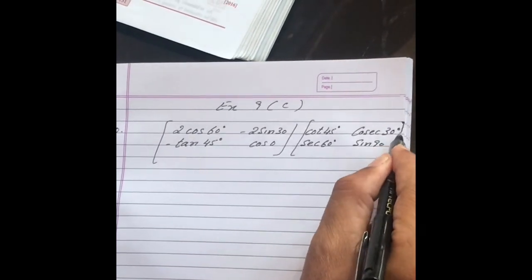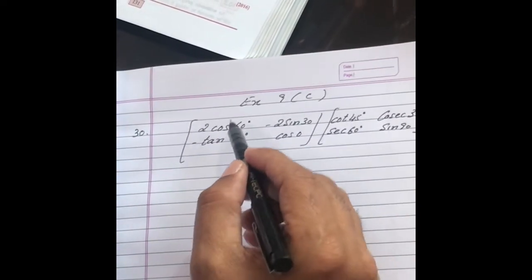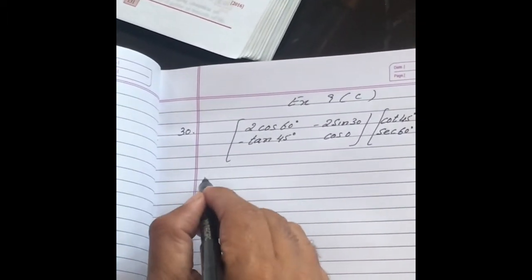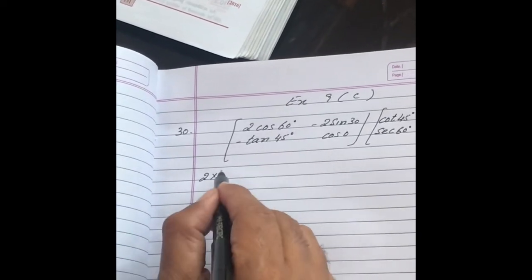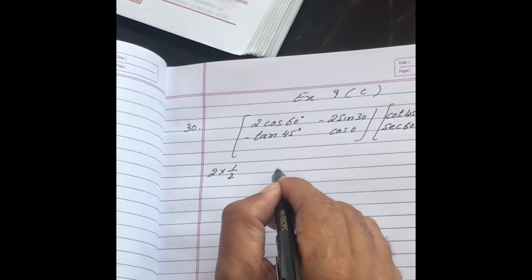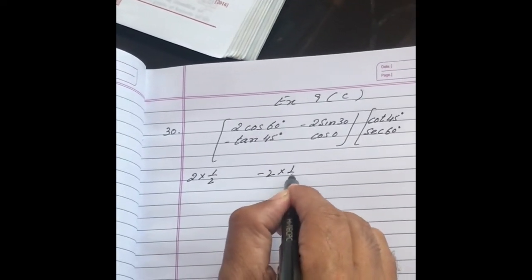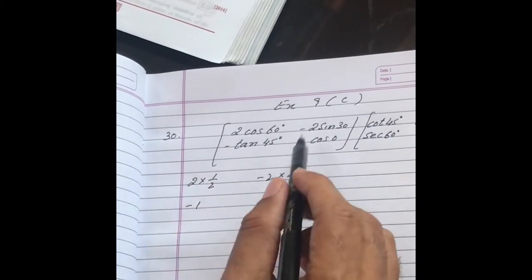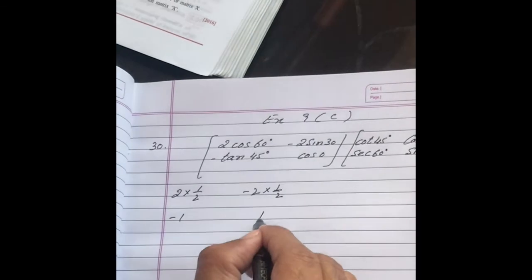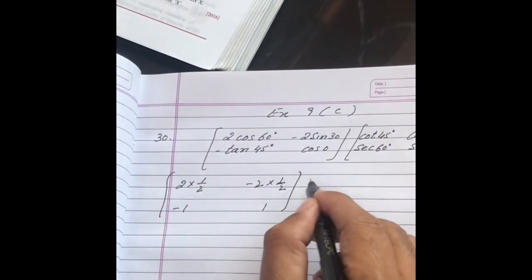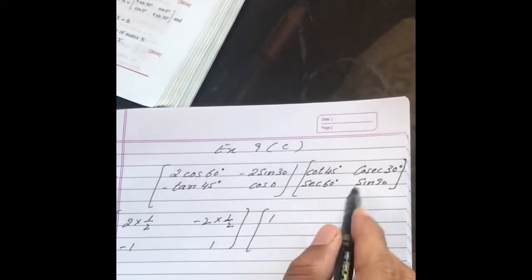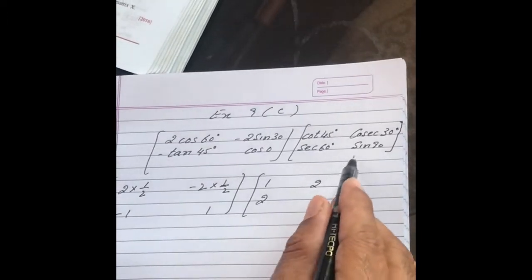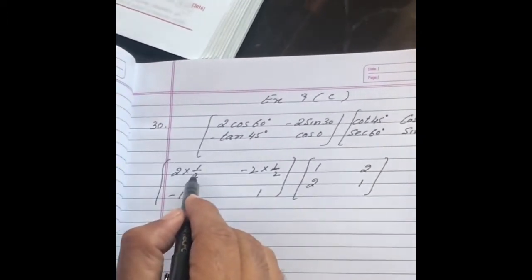So we have to multiply it. I put the values. Cos 60 is 1 by 2. From 9th class you remember. So cos 60 is 1 by 2. Sin 30 is also 1 by 2. Tan 45 is 1, so it will become minus 1 because the minus sign is there. Cos 0 is 1. These values you remember from 9th class. Cot 45 is 1, cosec 30 is 2, secant 60 is 2, sin 90 is 1. So I cancel them out first.